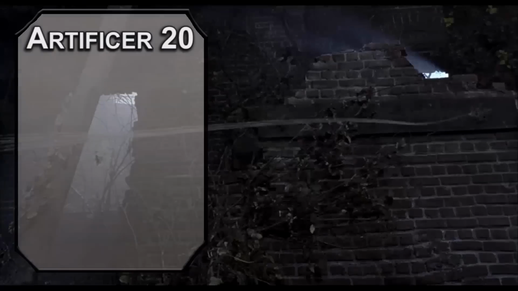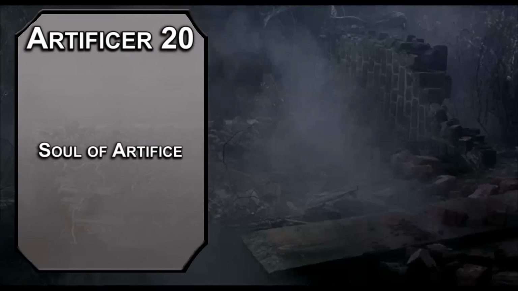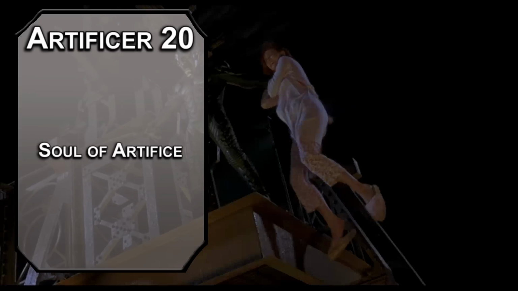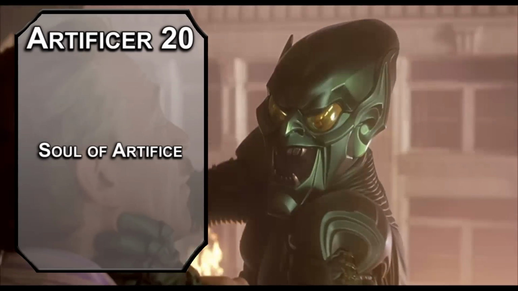20th level artificers get Soul of Artifice, giving you a +1 bonus to your saving throws for every magical item you're attuned to. With Ring of Protection, that means your lowest saving throw is Wisdom for +6. That's still very good. Like, full proficiency bonus good. You also don't die the first time you should hit 0 HP. Instead, you can cash in one of your fancy items to stay up at 1 HP, as if you weren't